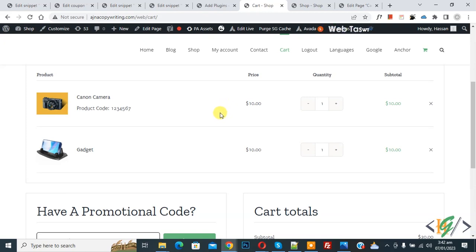Bismillahirrahmanirrahim. Assalamu alaikum. My name is Hassan and today we are going to sort the cart table in alphabetical order in